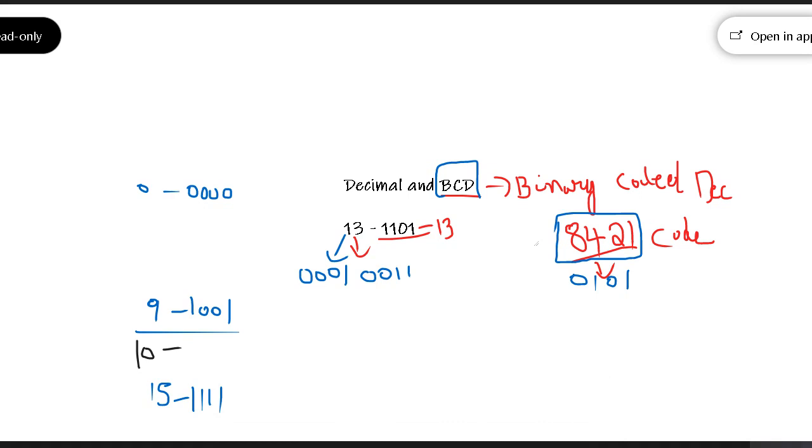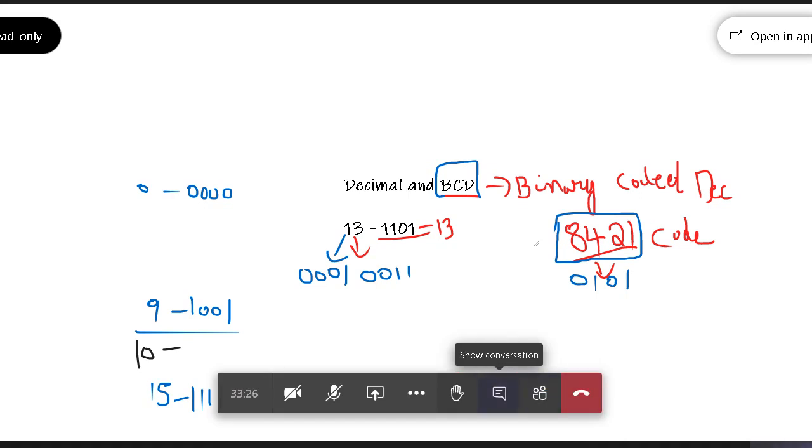10 value in binary. 1010. Okay, 1010 is the number. Now, here you can see, if I want to represent 10 in BCD,